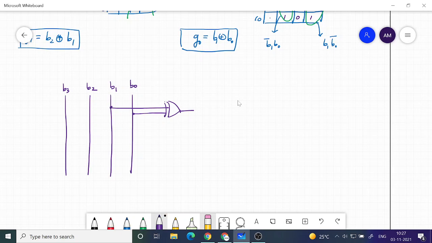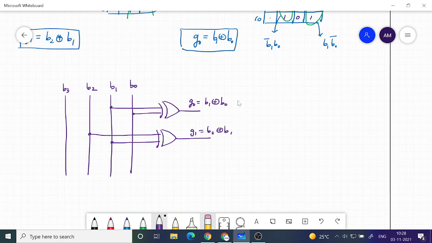This is the symbol for XOR gate, and that will give you G0, which is B1 XOR B0. The next one is B2 XOR B1. So B2 is here and B1 is here. So that is G1, B2 XOR B1.